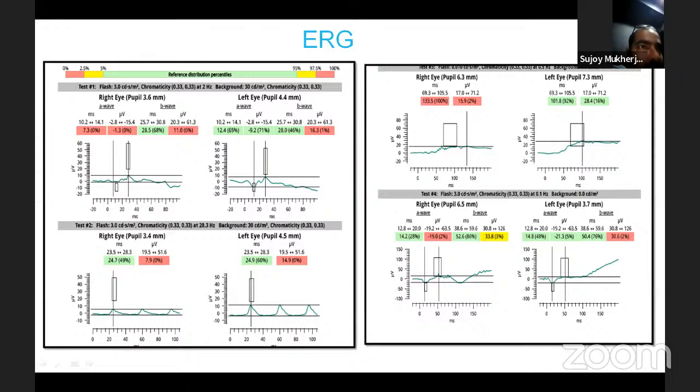This is because both the rods and cones are affected, but cones are much more affected compared to the rods, because photoreceptor cones are mostly present at the level of the fovea. So based on this response, we can say the responses are a bit down in both the scotopic and photopic, but photopic responses are more involved compared to the scotopic one. Soumya, can we go to the next slide?